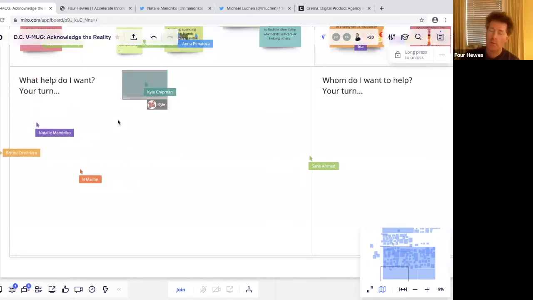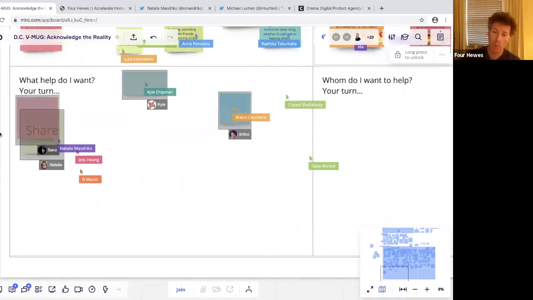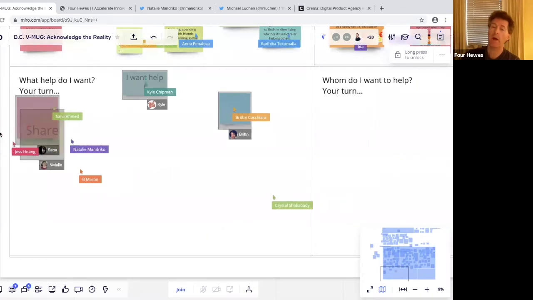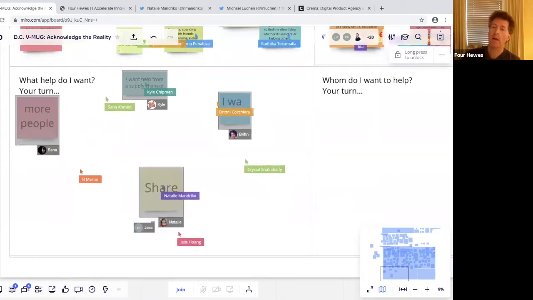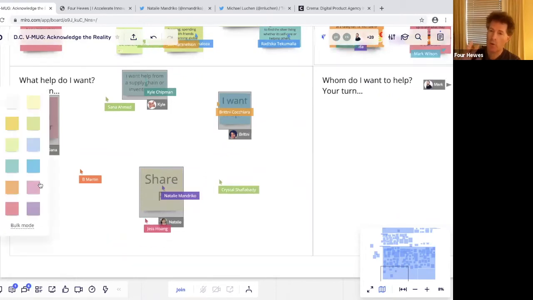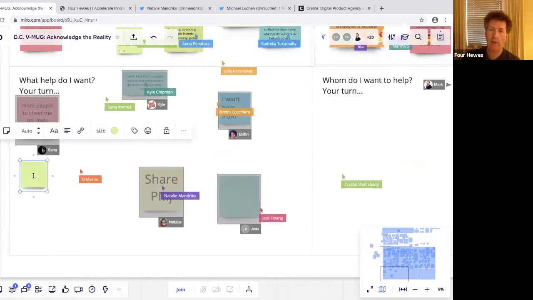I know that for me, there's a big difference between what I need and what I ask for help with. And I know that I'm not alone in that. And again, there's no right answer, and this is not a trick question, and I'm not calling anybody out.